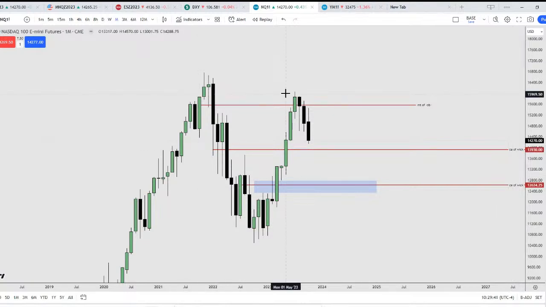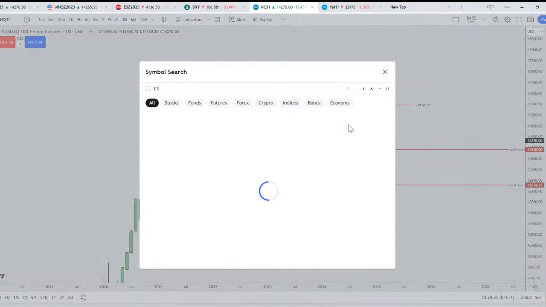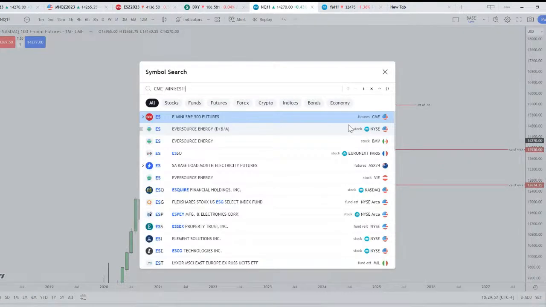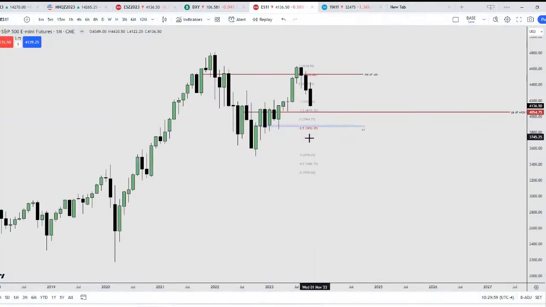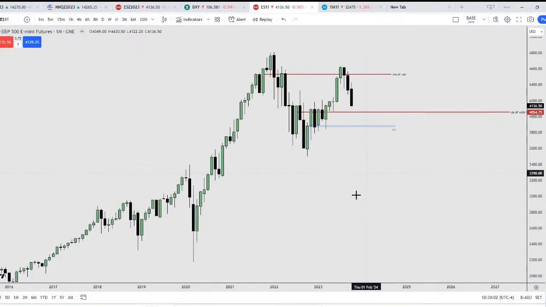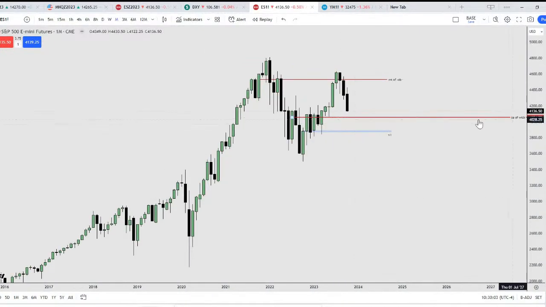I think one of the indices should take out a high, I mean, should make a higher high. I am thinking that's going to happen, but I'm not too sure how it's going to happen. For ES, it's the same thing, even though it's more bearish than NQ. Any closing price below the consequent encroachment of the week here, I'm not too confident in ES.